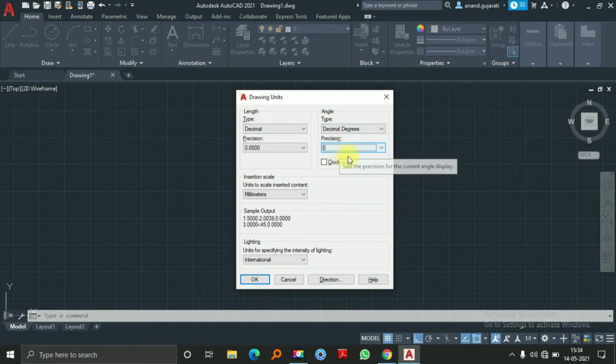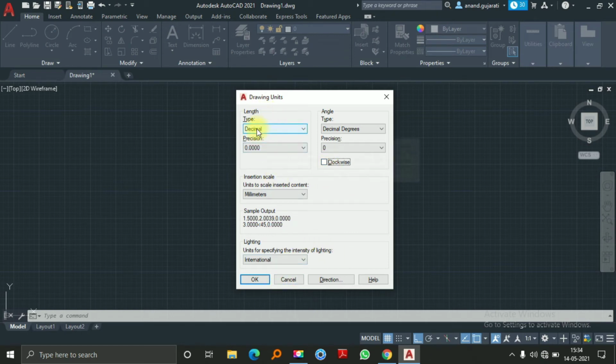Here, if you want the degree with decimal places, you select 0.0, 0.000. When you give the dimension and the angle, by default the angle is in the anticlockwise, or counterclockwise, direction. But if you want the angle in a clockwise direction, you must select the clockwise option. Okay.